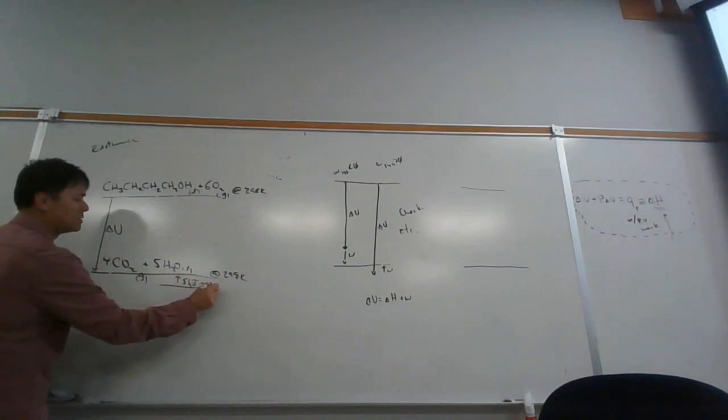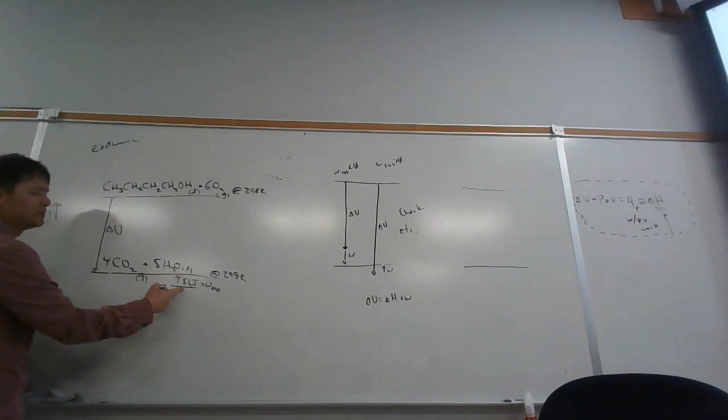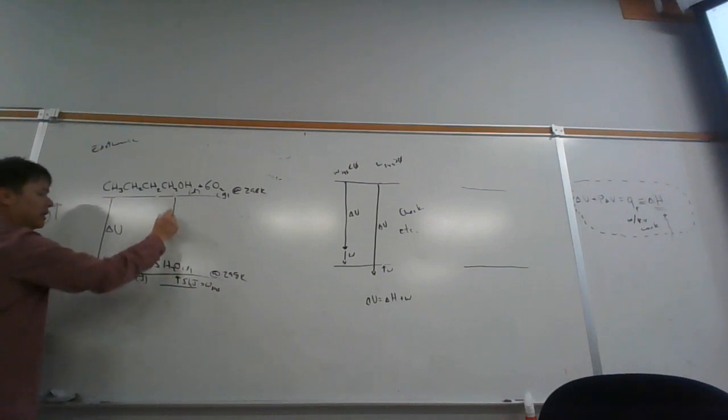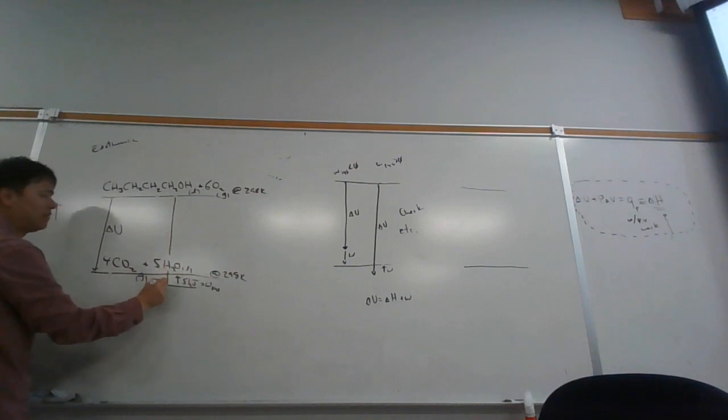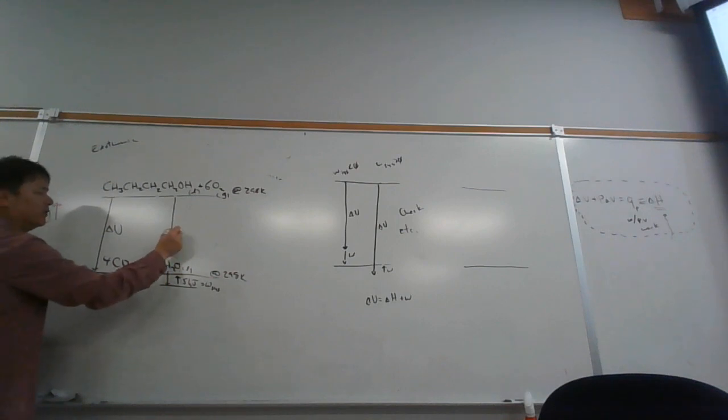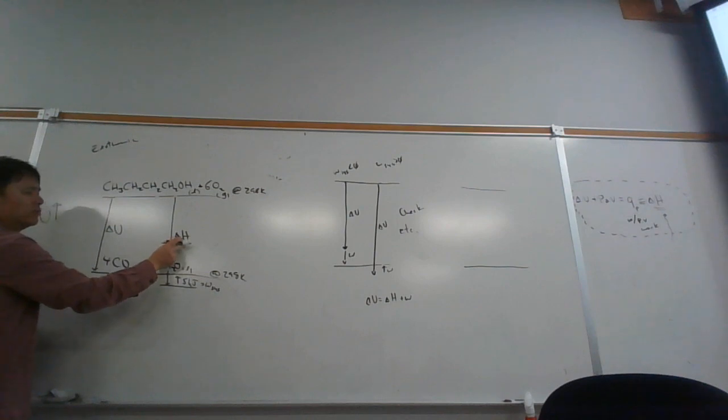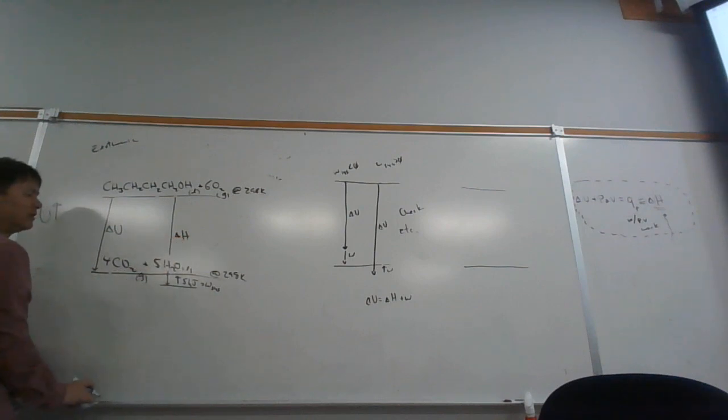The work of the system is positive. The work of the surroundings must be negative. The surroundings must have lost that 5 kilojoules. So what we're going to get is an additional 5 kilojoules worth of heat. That heat we can use to do different things. We don't have to leave it as heat. We can convert that into